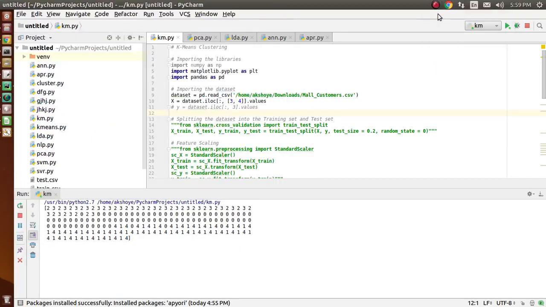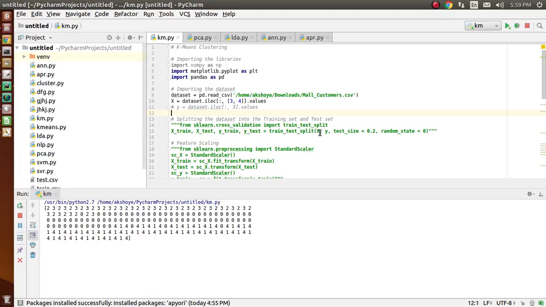So first of all, we will randomly select C cluster centers. Then we will calculate the distance between each data point and the cluster centers, that is, we will find the Euclidean distance between each data point and the cluster centers. After that, we will assign each data point to the cluster center whose distance is minimum of all the cluster centers.